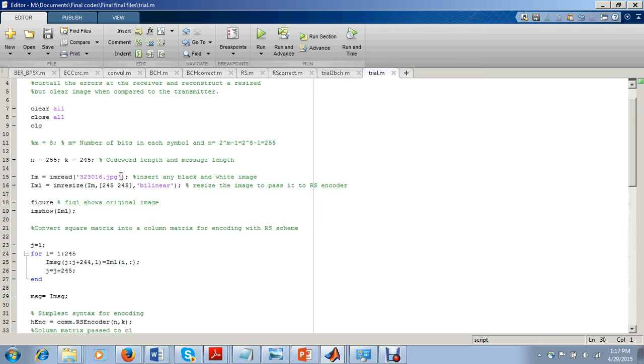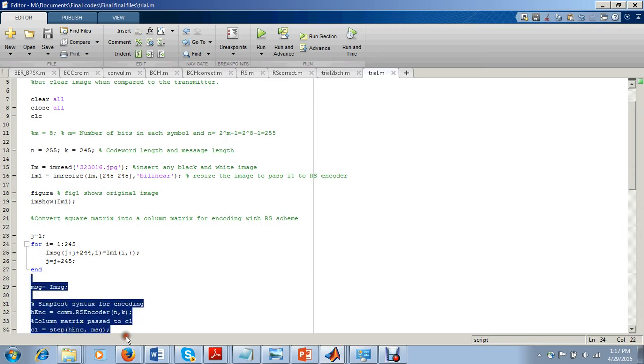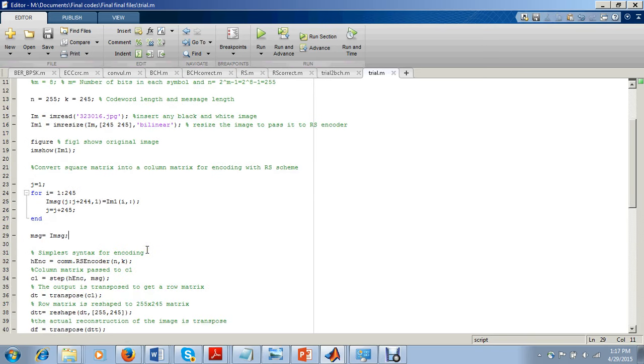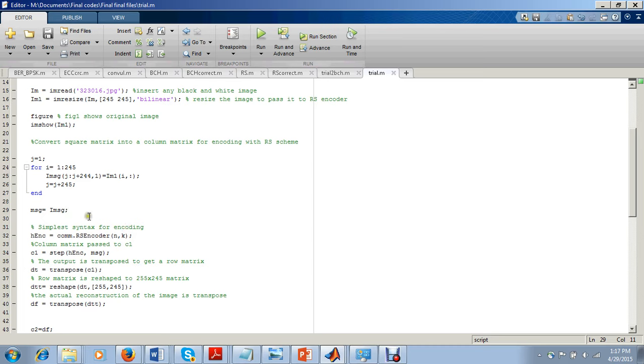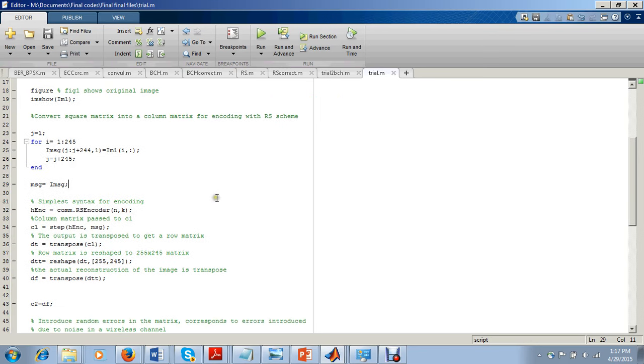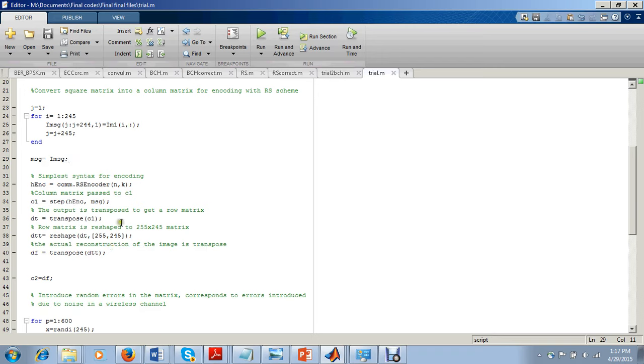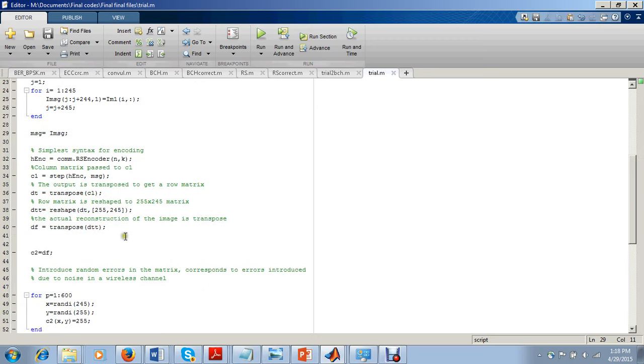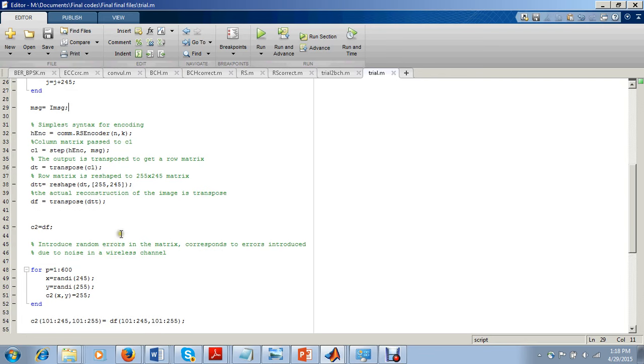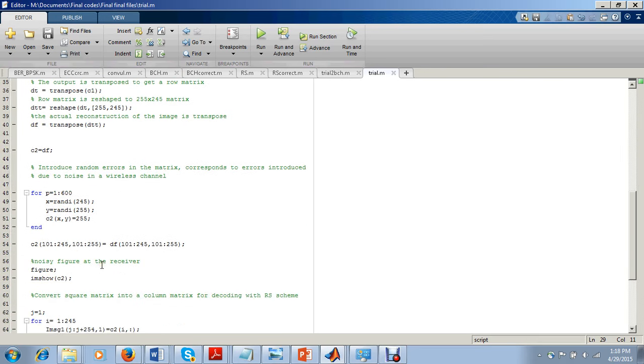So I'm reading an image and I'm resizing it so that I can pass it through my decoder, and it's then encoded. Here I'm just converting it into a column matrix for encoding, because the RS scheme needs a column matrix. Then this is just for encoding, and here again I'm transposing and reshaping to get the original, because I had converted it to a column matrix before from a square matrix. Now I again need to convert it to a square matrix, or something cross something matrix, depending on whatever my dimensions are. So this is what I do here, and when I run it,